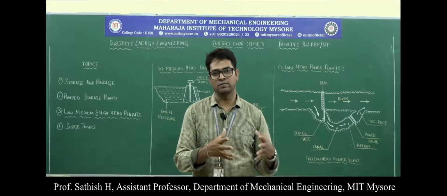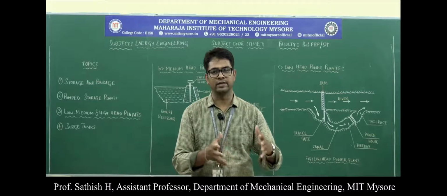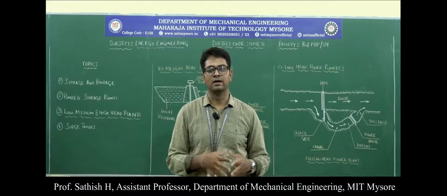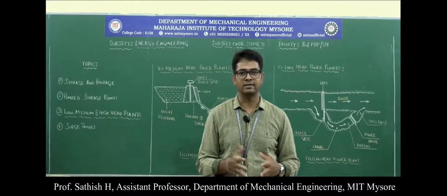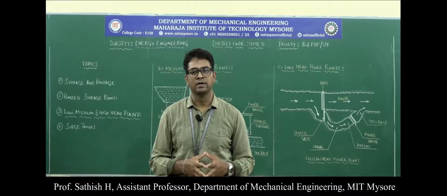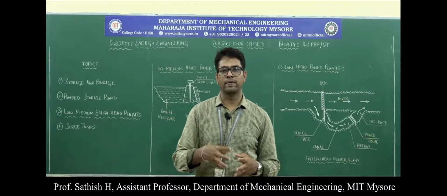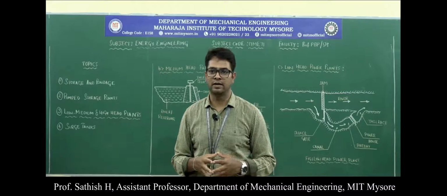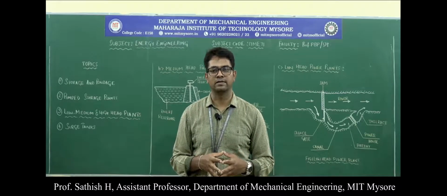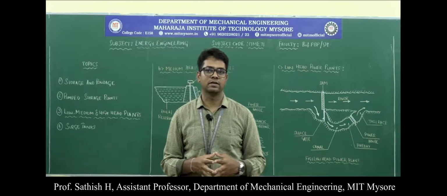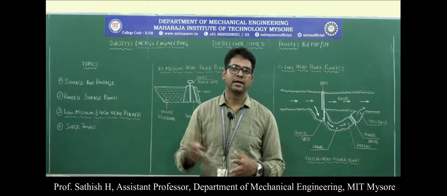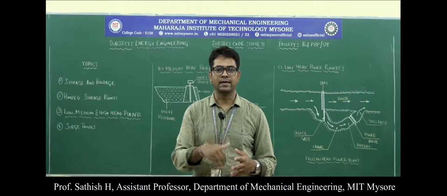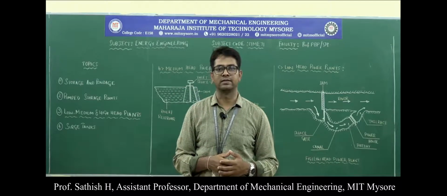Here the mainstream of the water flowing in the river is diverged and taken through the canal, which is controlled. The flow through the canal is controlled with the help of a sluice gate. Then it enters the forebay, where a certain quantity of water is stored, and later on it is passed on to the powerhouse where the Kaplan turbine is present. That turbine converts the energy contained in the water into electrical energy, and then after working on the turbine, the water rejoins the mainstream, that is the river.